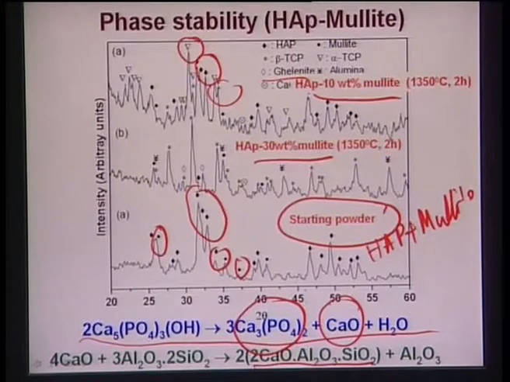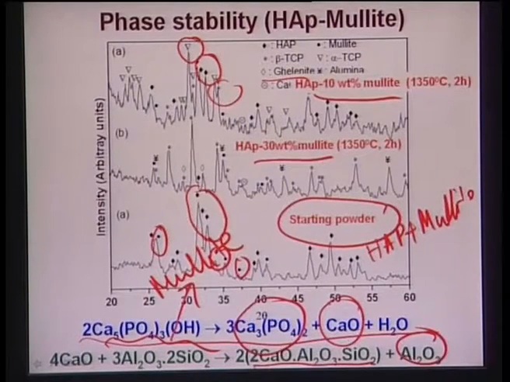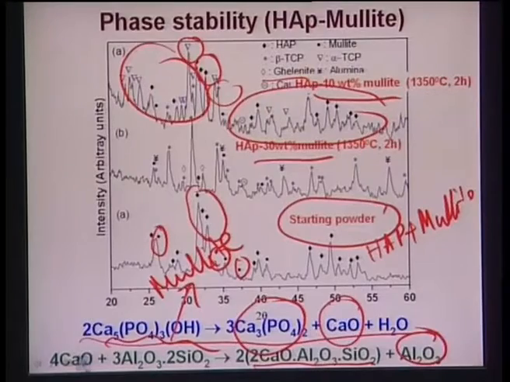Now, this CaO can react with this 3 alumina 2 silica, which is nothing but mullite. So, mullite is the solid solution of alumina and silica, and that is a 3:2 ratio. Now, if you look at these reactions, CaO reacts with this mullite and then it will form calcium aluminosilicate, and the formation of this calcium aluminosilicate is also associated with 1 mole of alumina. So, all these sintering reactions essentially explain why these multiple phases are formed during this sintering.